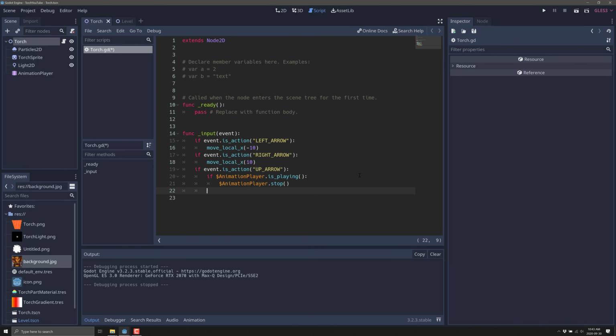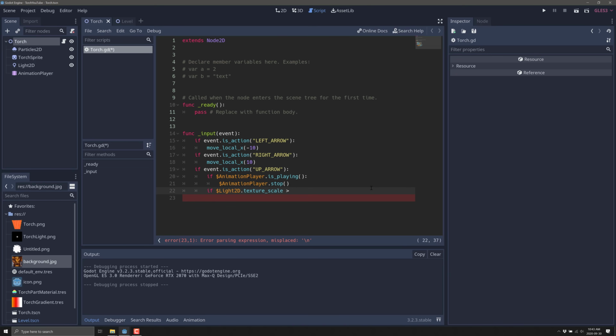And now what we're going to do is, I guess we should check. We don't want to get too big in the size of the amount that will scale that thing up. So if light 2D.texture_scale is greater than, let's see, I'm going bigger here. I'm always going to do this backwards.